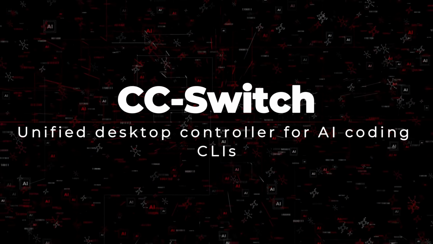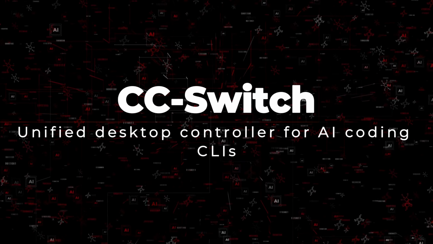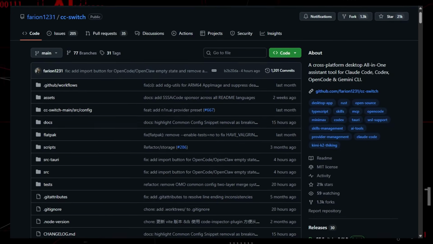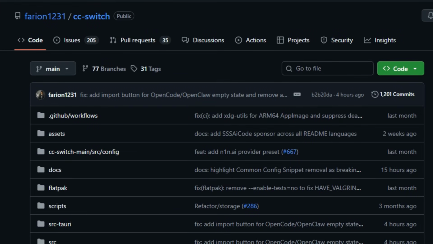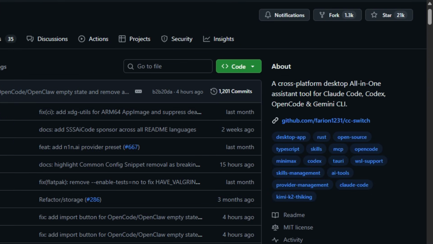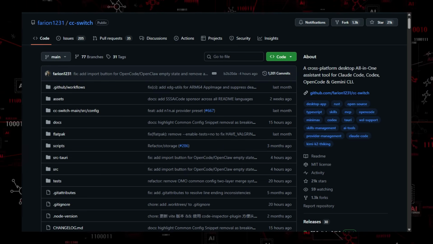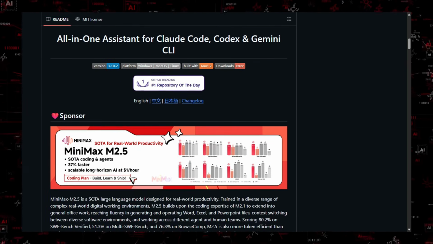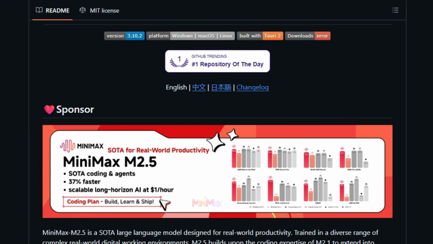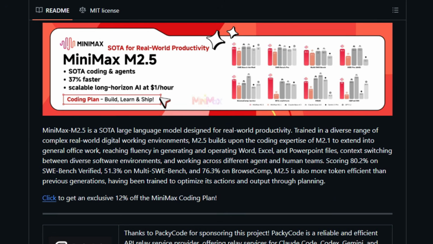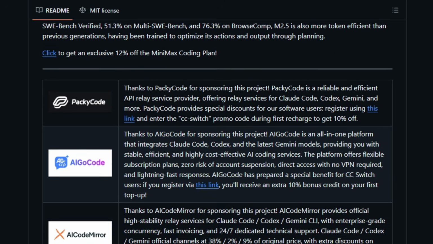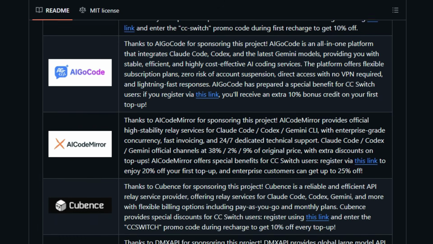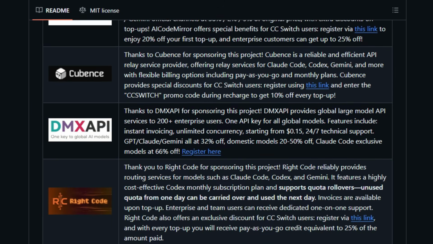Project number 5, CC Switch, Unified Desktop Controller for AI Coding CLIs. CC Switch is a cross-platform desktop application that manages multiple AI coding command line tools from one interface. It solves workflow fragmentation by letting developers switch between assistants such as Claude Code, Codex, OpenCode, and Gemini CLI without manual configuration changes. The tool acts as a local control layer that launches and routes commands to the selected environment